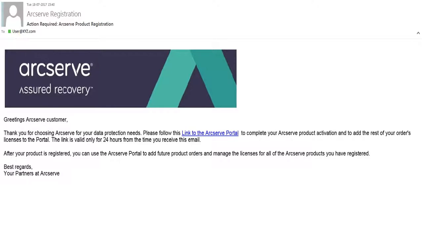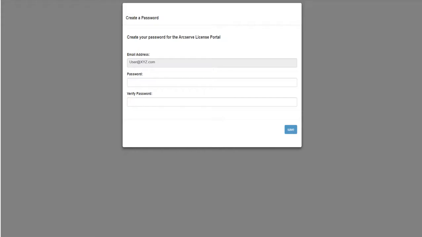From your inbox, open the email of Arcserve product registration. From Arcserve's email, click link to the Arcserve portal. You are led to the Arcserve registration page. This last step of license activation involves two steps. First, you need to register your profile by creating password and then complete license activation by adding a license pool